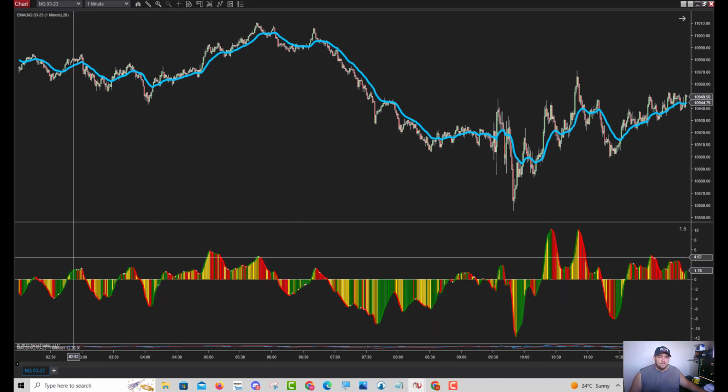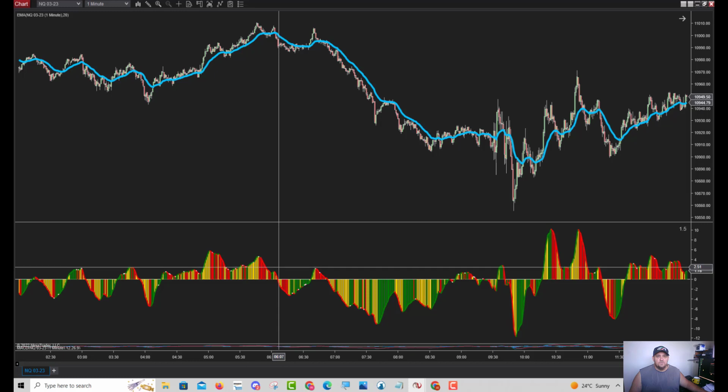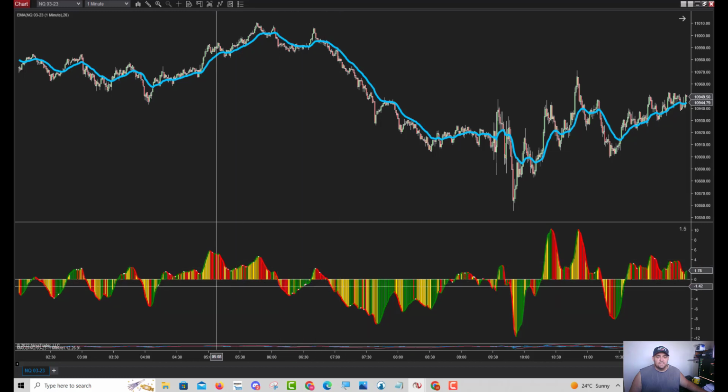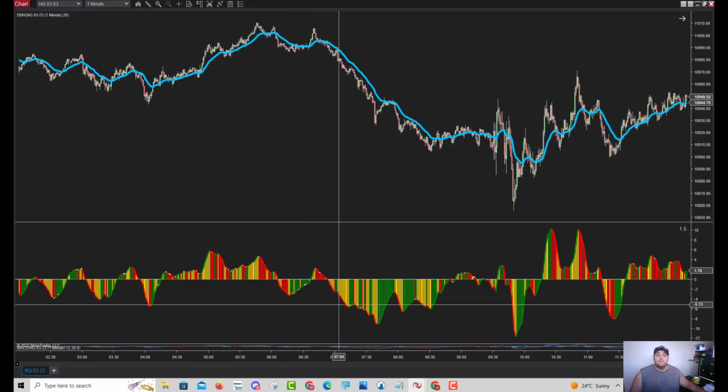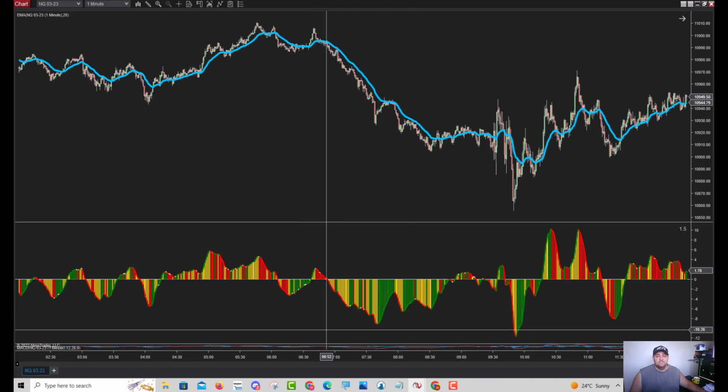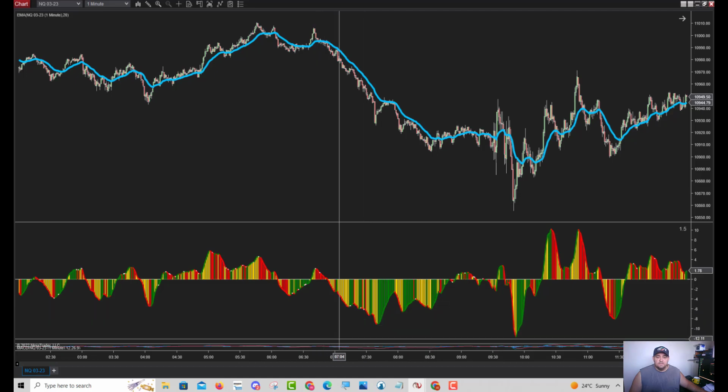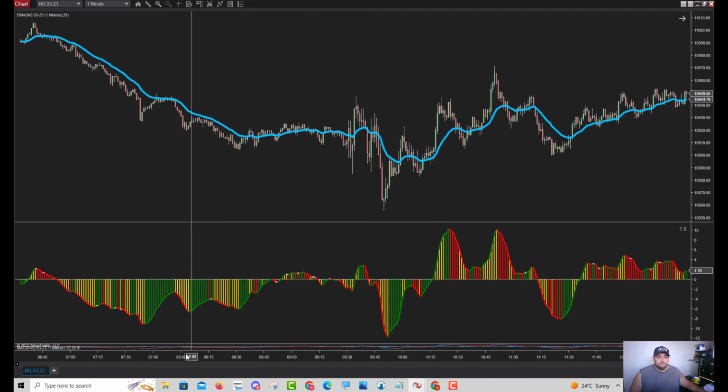And a lot of people say, when you cross a MACD, you can take a long. When you short a MACD, you can take a short, etc., etc. True, there's no doubt about it. But what I also added was energies within the algorithm. So what you can see here,